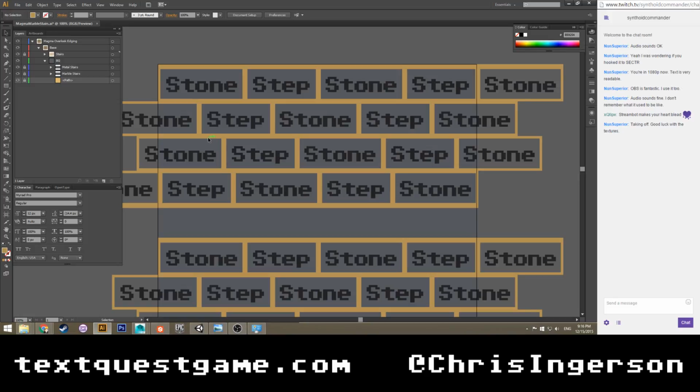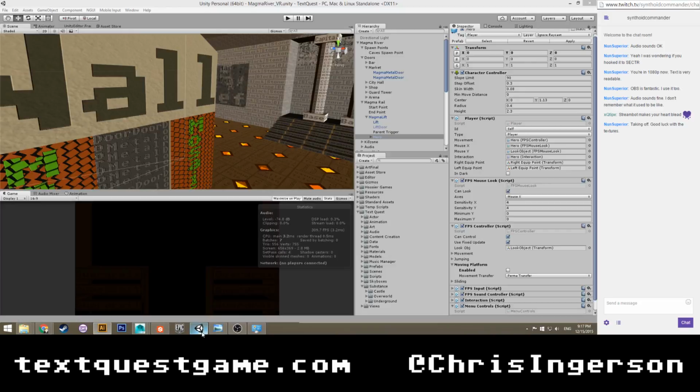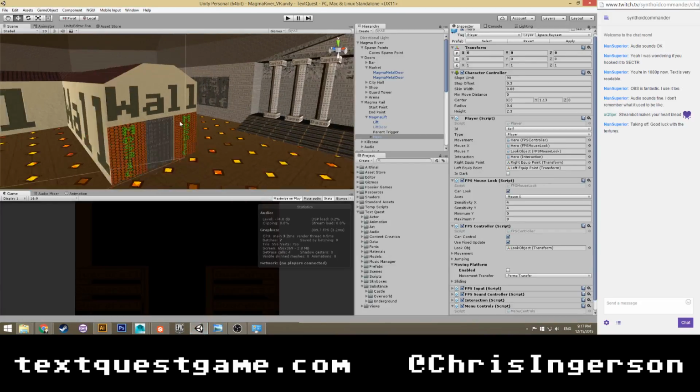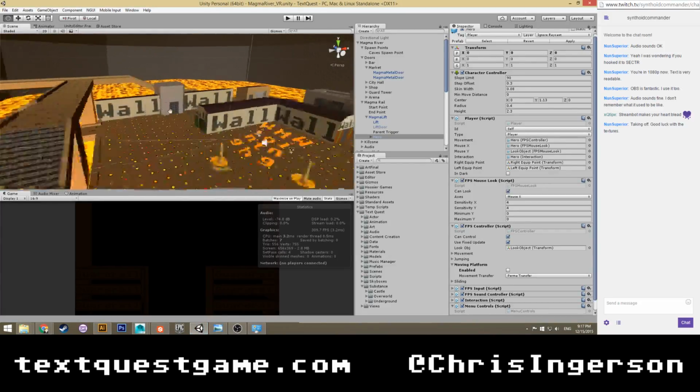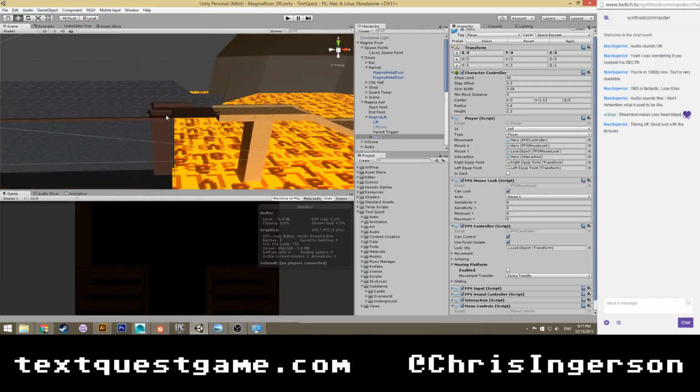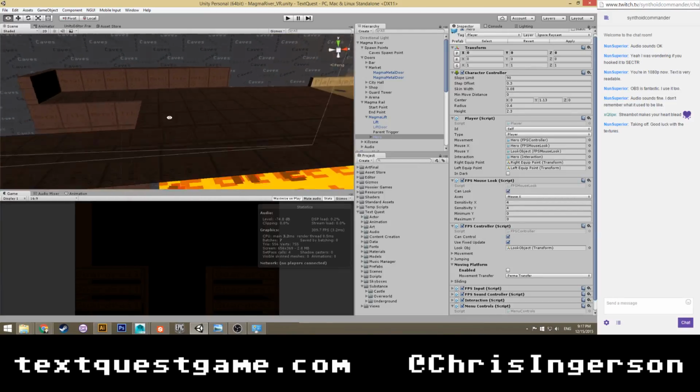So, this is going to be interesting. Metal stairs, huh? The question is, do I want to make it rusty metal? Like, zoom all the way out here. Like this?